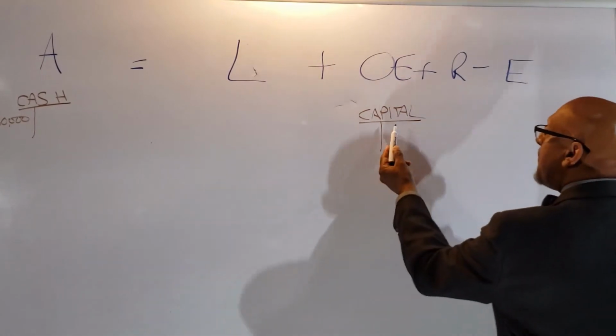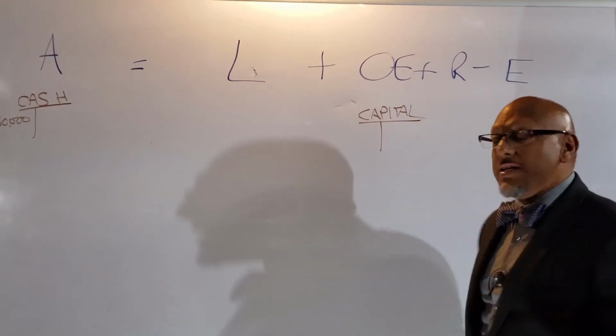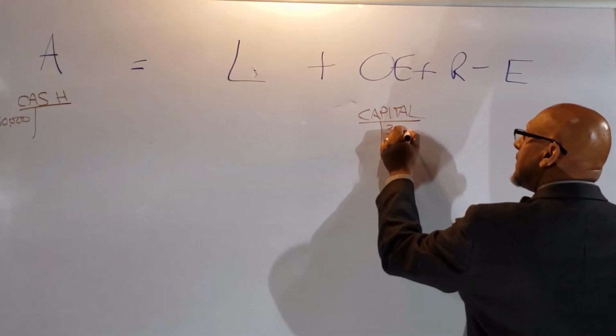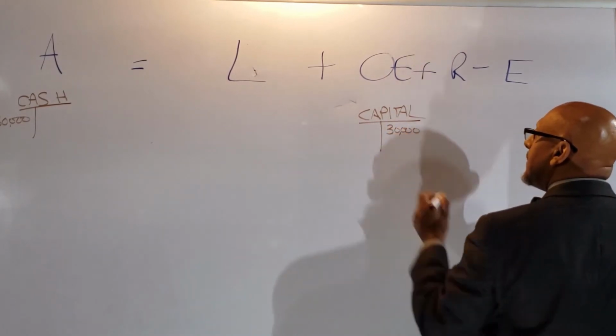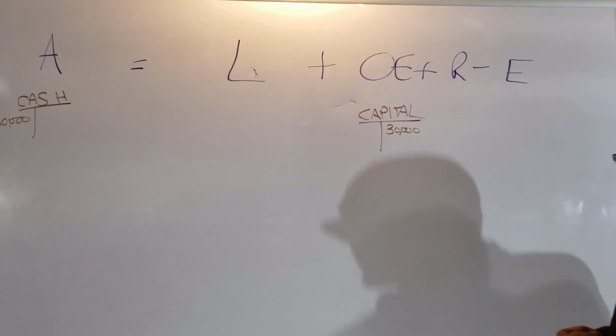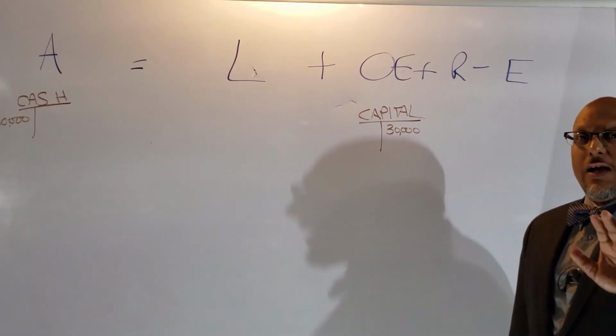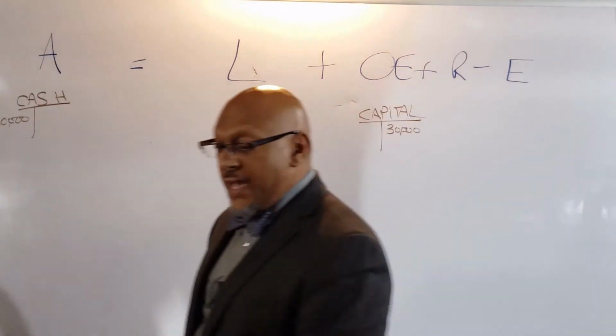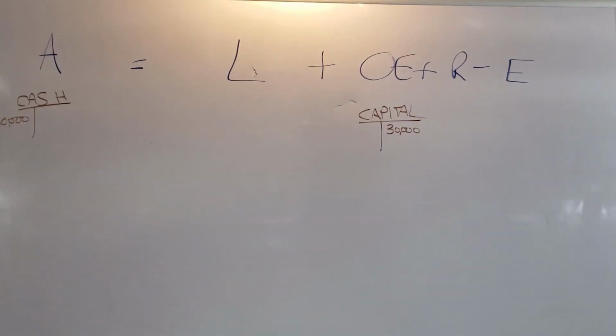And capital is increased with a credit, so we put 30,000 on the right side. And we've recorded the transaction into T's. The next transaction is